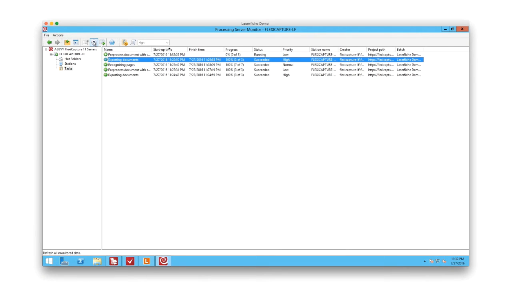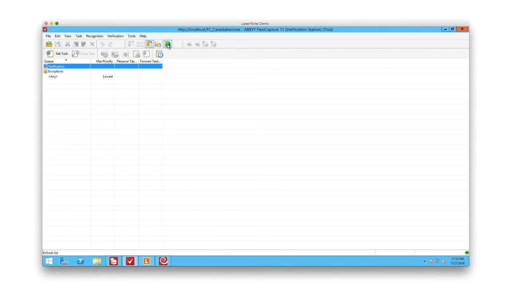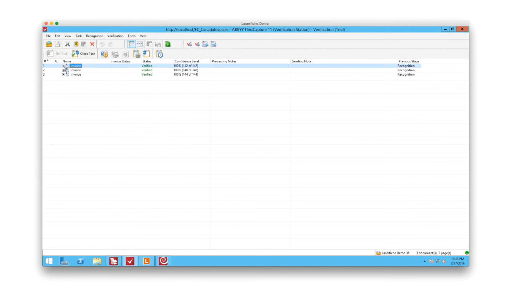And once those tasks are complete, we'll then go across to verification and verify that A, the information has been extracted again. Now, up to this point, nothing has changed as far as FlexiCapture is concerned. So sure enough, now we're recognizing the pages. And once that's been complete, we'll move across to the verification interface. So if we go to verification, we click on refresh. Sure enough, there is a task. We'll open it up again, and as before, like I said, we haven't changed FlexiCapture in any way. The only thing that's changed is the connector, and the connector doesn't come into play until we've actually processed this particular